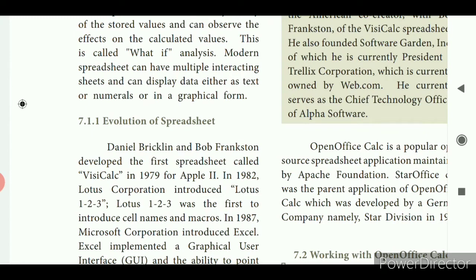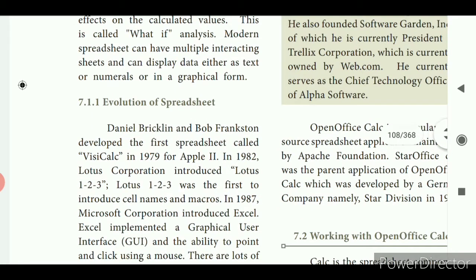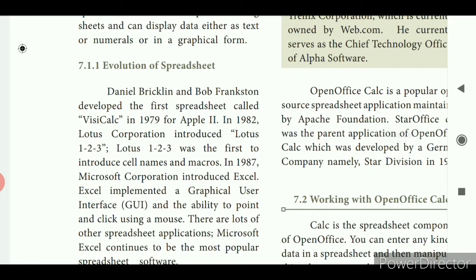Obviously we know a spreadsheet is in tabular format, which means it consists of rows and columns. The intersection of each row and column is called a cell. So the Lotus company first introduced cell names and macros. Cell names are a combination of column names and row names.